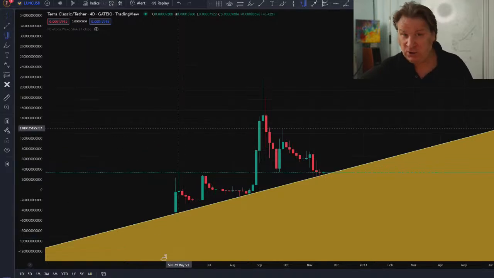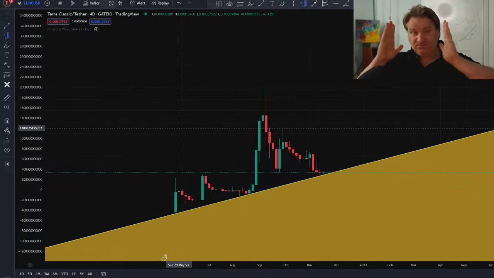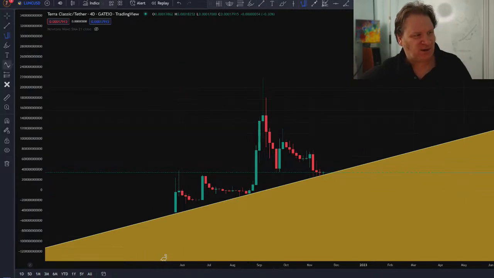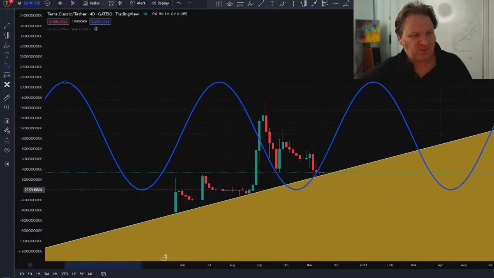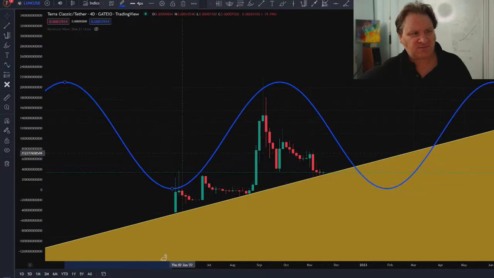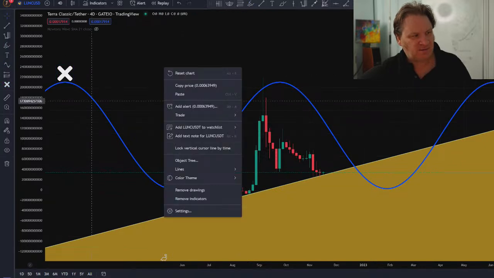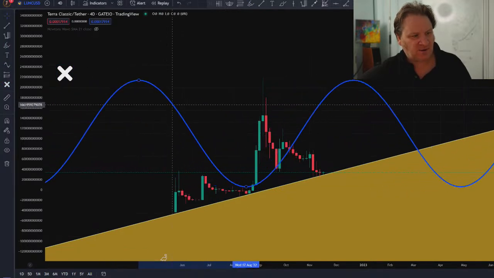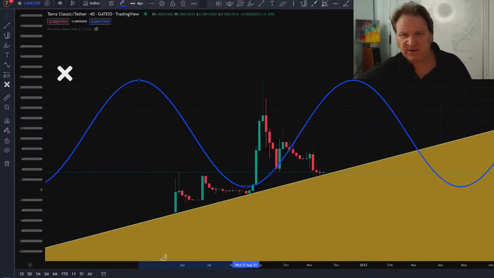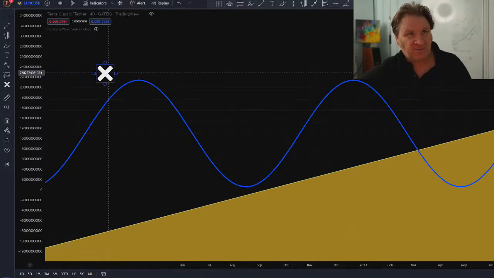So if I just bring a sine wave on here, I'll just show you something. So basically with sine waves, from this crest here, I'll just move this along, there you go. You can see it a bit better there. Let me take the price off for a minute. There we go. So from this crest